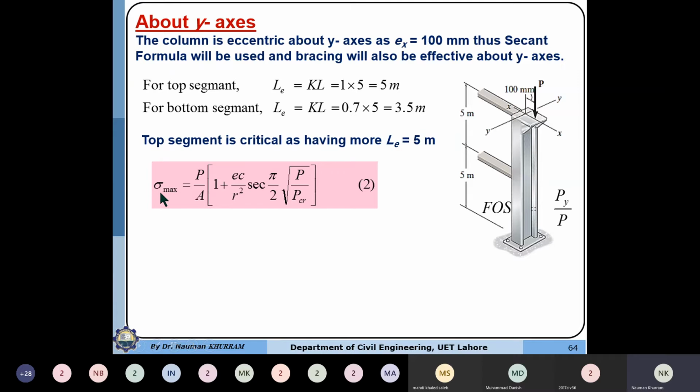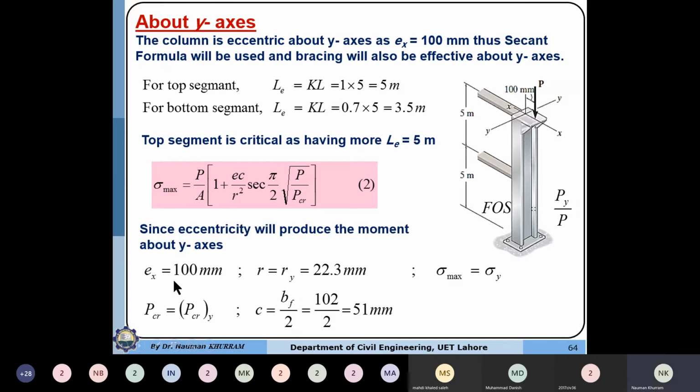So we will replace the sigma maximum with sigma y, because we want to determine Py, because if the load will be Py, then the stress will be equal to sigma y. So the unknown value is Py, sigma maximum is given, eccentricity is given, and the c value will be the distance from the neutral axis to the extreme fiber. So the column is bending about the y-axis. So the distance c will be the distance from the neutral axis to the extreme fiber, or this dimension is the bf value, which will be equal to half of the flange width.